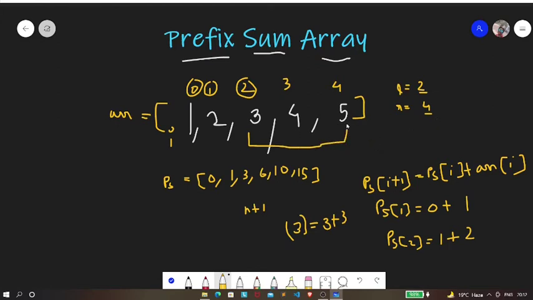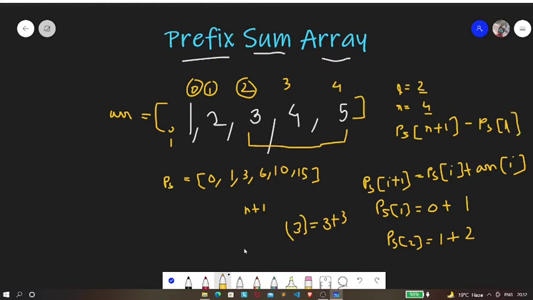In order to find the summation of these three elements, we are going to use this formula: PS of R plus 1 minus PS of L. Using this formula we can actually achieve our goal.